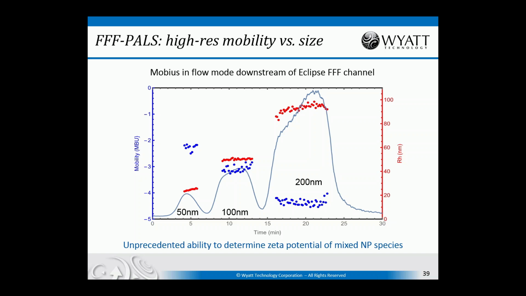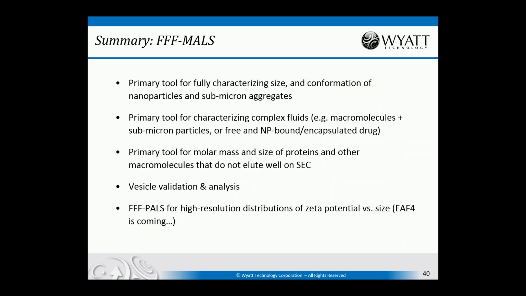And so if you would like a better characterization than what you get in batch in terms of electrophoretic mobility of a mixed population, you can do this online separation with immediate downstream measurement of the electrophoretic mobility and size using the Mobius. So to summarize, FFF-MALS, tool number 5, is the primary tool for fully characterizing the size and